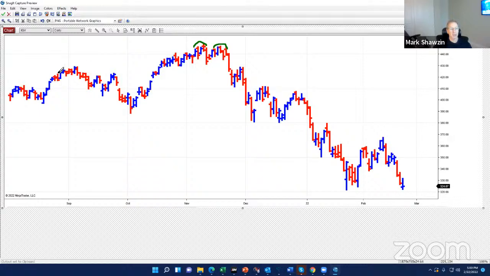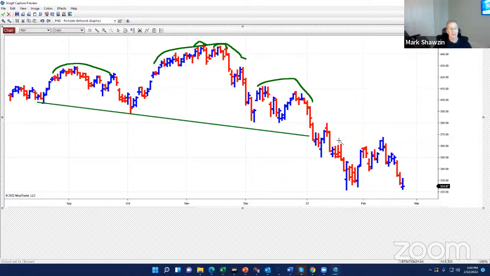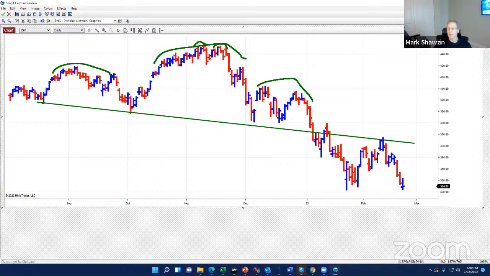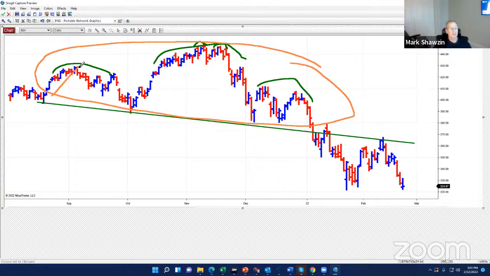I see the double top here. I see this whole thing as a head and shoulders. And then I see that it cut through this neckline. So now to me, a head and shoulders, sorry, grabbed the wrong drawing tool. This is a bear price pattern, right? It looks like a man or woman's head and shoulders. We saw that, and that leads to a negative trending market.